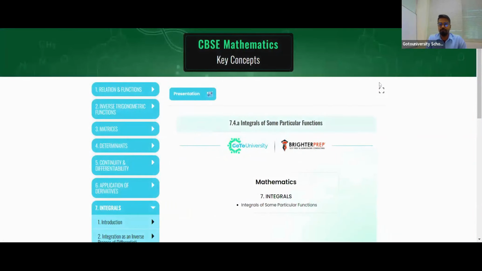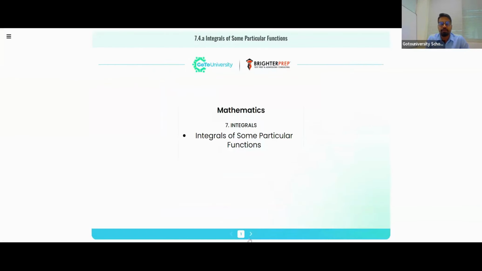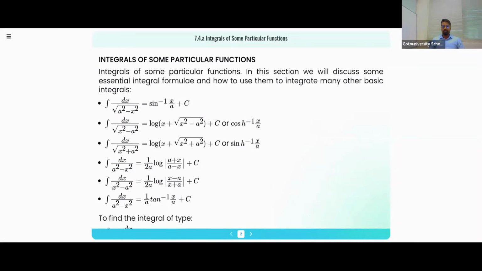Integral of some particular functions. Let us discuss them. With this, we can wind up. We still have 10 minutes. Okay. So we know from the differentiation chapter d by